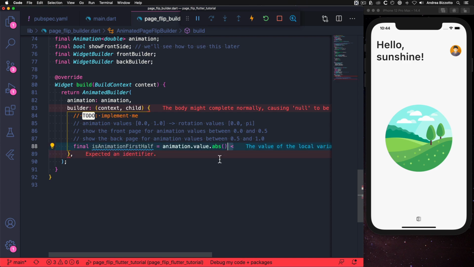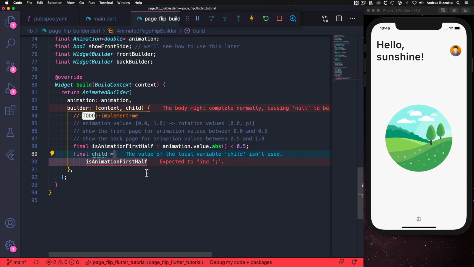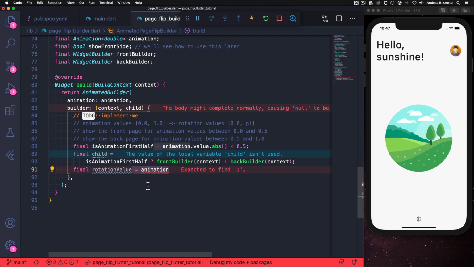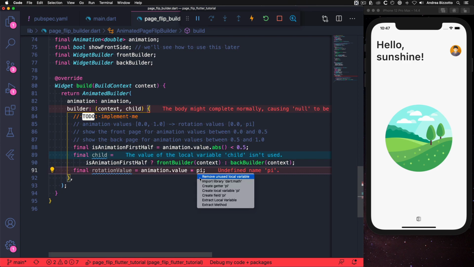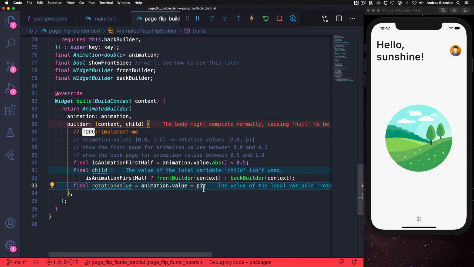And then we're going to say less than 0.5. Then we're going to add a final child variable equal to is animation first half, and then we will use the ternary operator to return front builder or back builder depending on the value of this variable. Then we'll declare a final rotation value equal to animation.value times pi, and we can import dart.math so that this